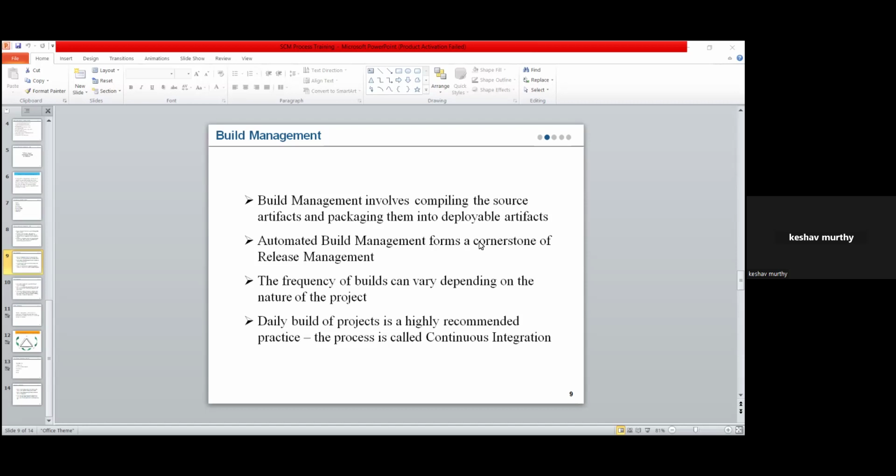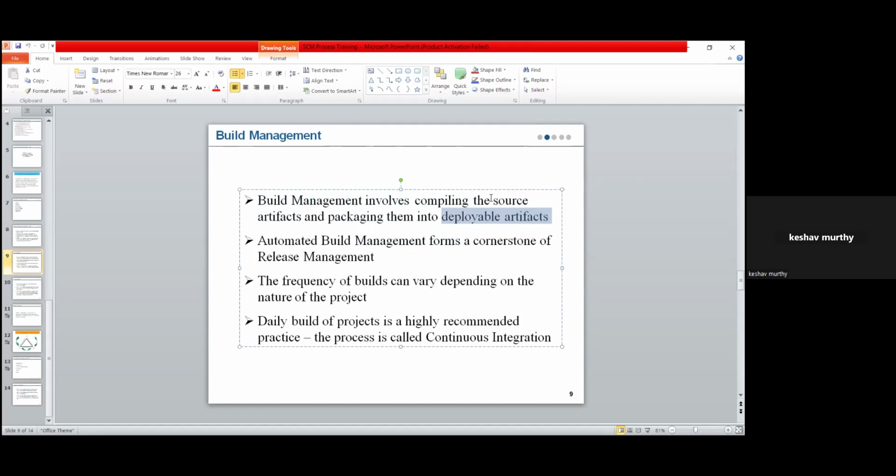So developers are going to develop your code, and then build is going to convert your source code to binary. That is nothing but build management. So build management involves compiling the source code, compiling source artifacts, and then packaging them into deployable artifacts.